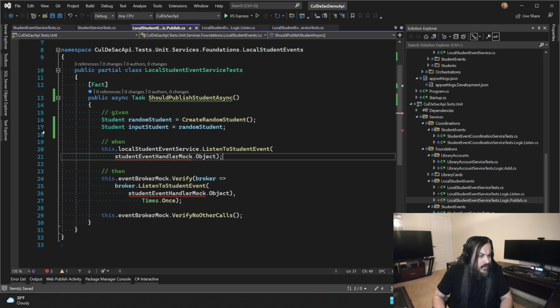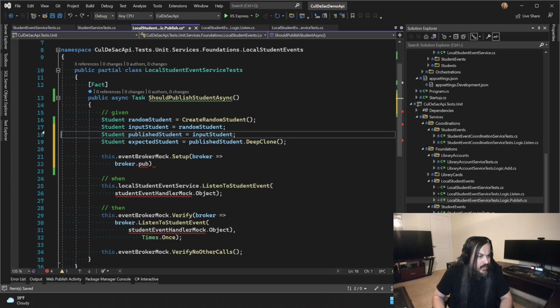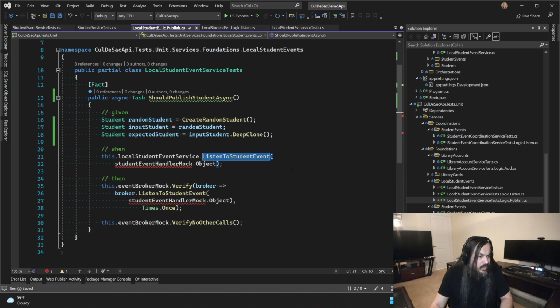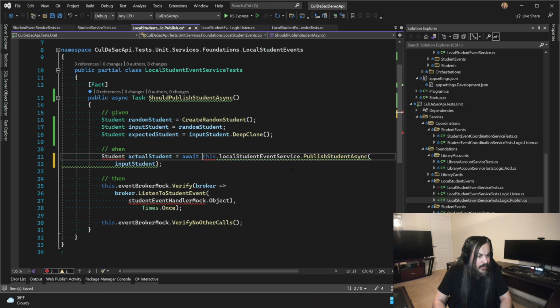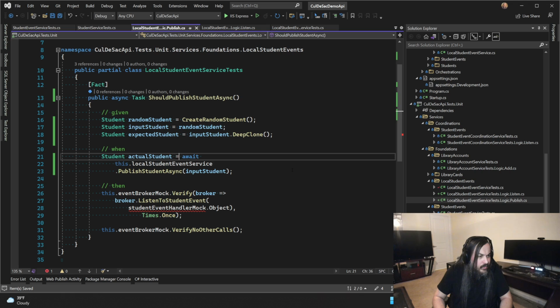So in here, I'm going to go and say, you could at least say expected student, so people get back what they passed in. So that's your input student. I guess that is okay. And then you could go here and say publish student async, and here's your input student, and here is your actual student equal await, and here's your input student. Let's pull that await down by one. Let's get that guy in here.